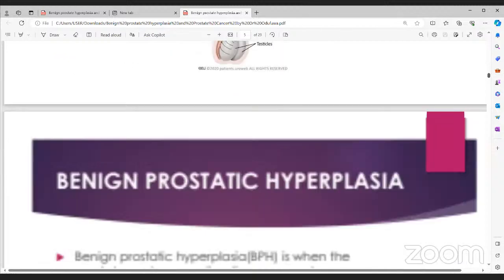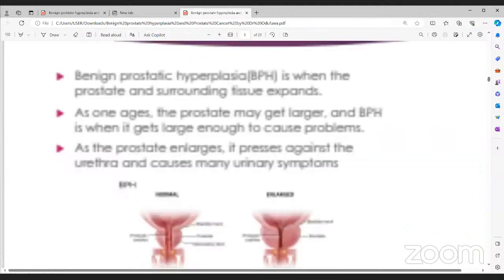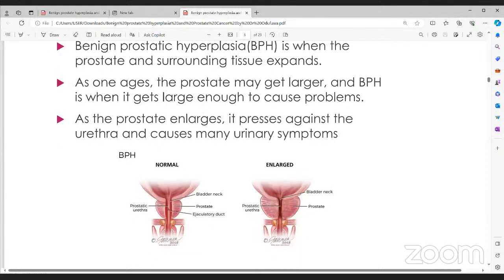So what is benign prostatic hyperplasia? Benign prostatic hyperplasia is when the prostate and the surrounding tissues expand. As one ages, the prostate may become large, and BPH occurs when it is large enough to cause problems. As the prostate enlarges, it presses against the urethra, which was the tube I explained earlier, and can cause many